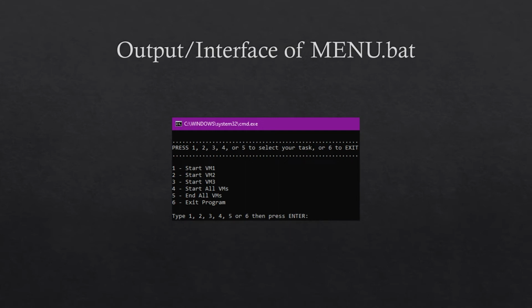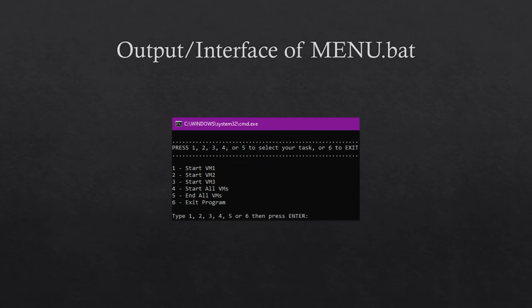Command number 4 is to start all the VMs at once, while number 5 is to end all of the virtual machines. If everything is done, the user only needs to type number 6 in order to exit the program.